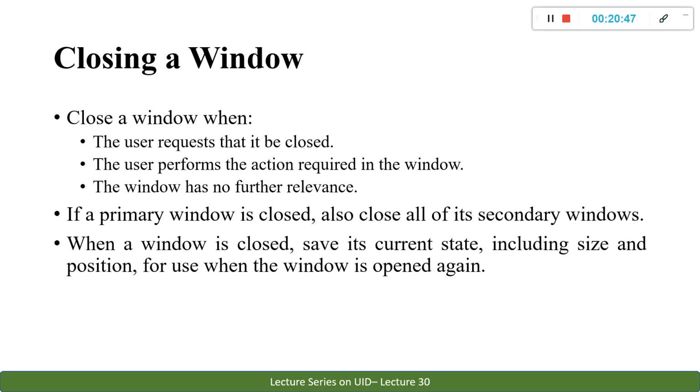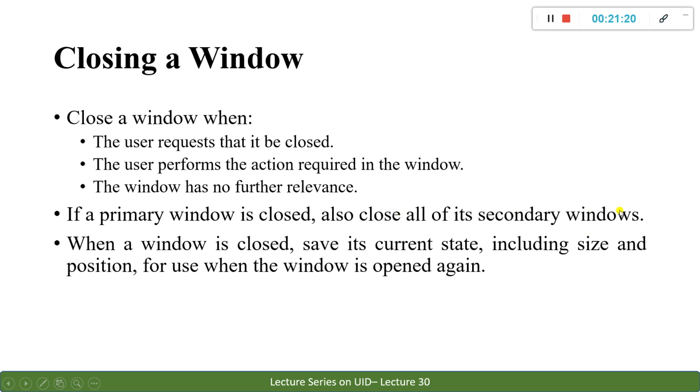And when you're automatically closing a window which has no relevance, it should be a window used by some software, not a window which is opened by the user. So it can be just a supporting thing. If the primary window is closed, then you need to close all the secondary windows the moment you close your primary window.